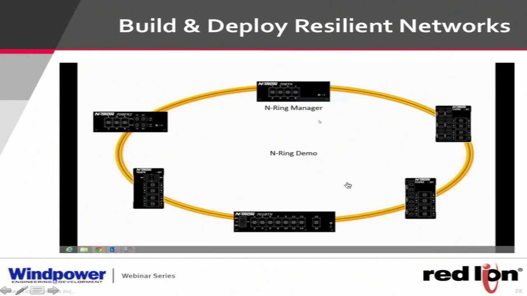Here's a quick little video that I'll show you on how easy it is to set up in-ring. And in-ring is just that protocol. Normally when you're setting up a ring on a network, you have to set up a lot of stuff. You have to jump through hoops. You have to make sure you tell it which one is this and what's that and how it's going to connect. With the Intron switch line, the only thing you have to do is set the ports